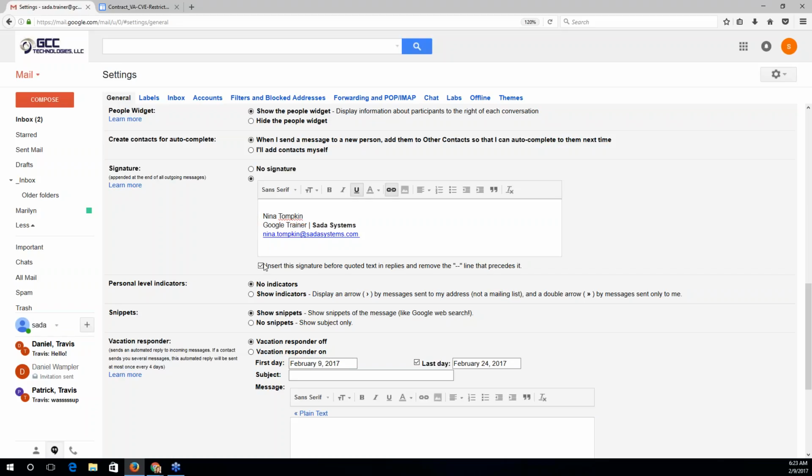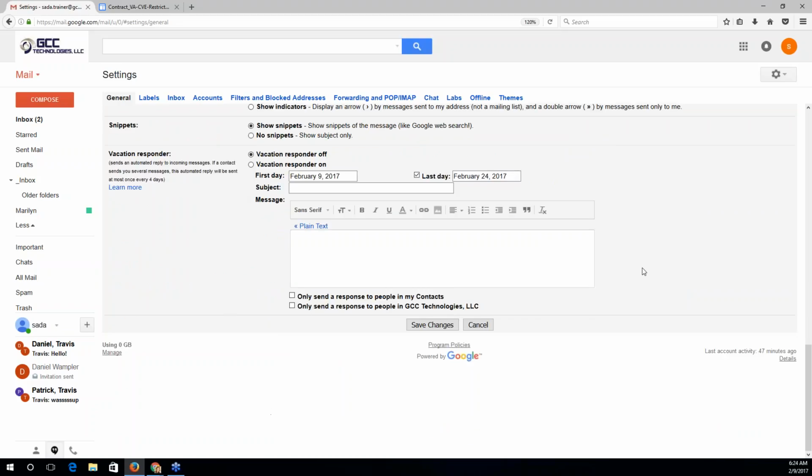As you set your signature up, one thing that I recommend especially is checking this little box at the bottom of that signature area, because without it, Google puts 2 dashes ahead of your signature, and it also throws your signature beyond the last text in an email. So sometimes beyond, say, a "do not print this email" or "this email is confidential" footer. So in order to get rid of those dashes and that weird location, check that box. The dashes will be taken away and then your signature will be at the end of your response where everyone expects to see it.